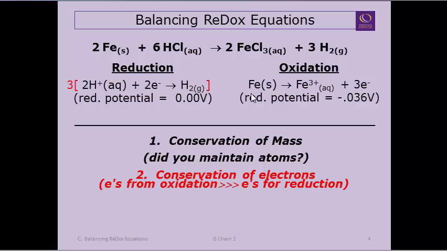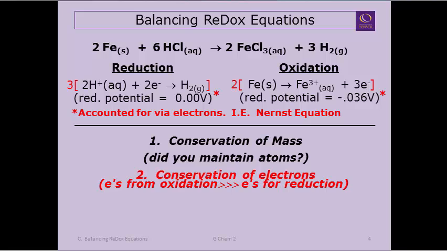And it's okay to multiply those up all the way through the equation by a factor. In this case, a factor of 3 on the reduction and a factor of 2 on the oxidation. And then consequently, you would have it works. Another comment I would also make is that as we learned back in thermodynamics, usually when you multiply through